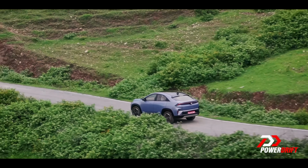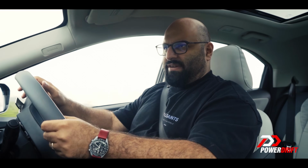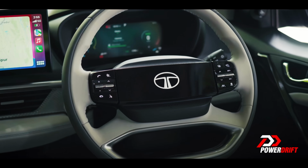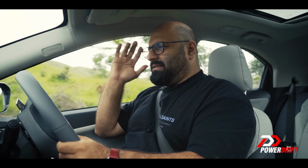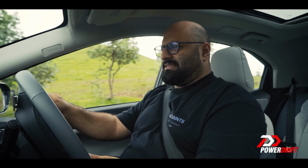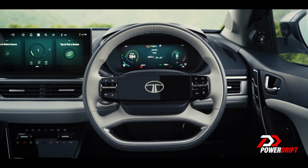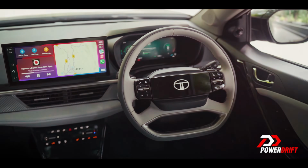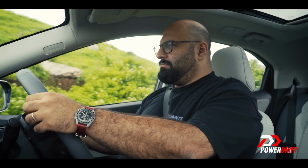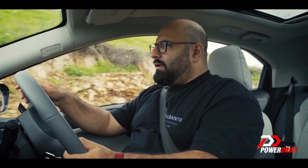The one funky thing about this though is, and this is weird, I haven't had this feedback on a car for a very long time, but I think the steering wheel is rather too large for a car this size. I don't know if it's something that is sort of wonky in my head, but I think there's just too much. It's too wide, too diametrically large, a steering wheel for a car like this. A slightly smaller steering wheel would have definitely been nicer, because it's just a little finickier, especially when you encounter